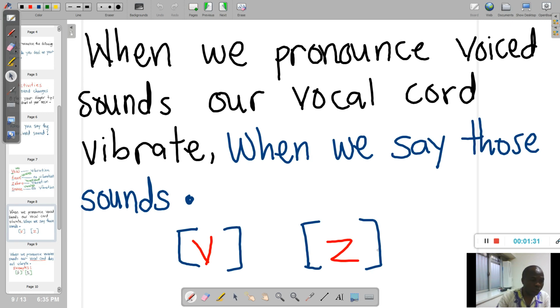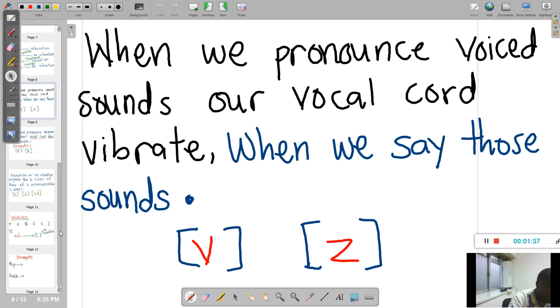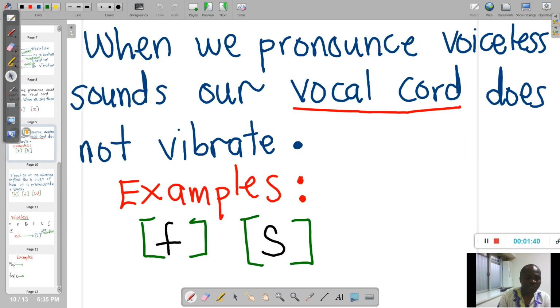Let's move on. So now we just look at two basic examples. I want to go more into detail so that we can understand our lesson. The first one was voice sound: when we pronounce voice sound, our vocal cords move, shake, vibrate, and we looked at the examples V and Z. The next one is a voiceless sound. When you pronounce a voiceless sound,